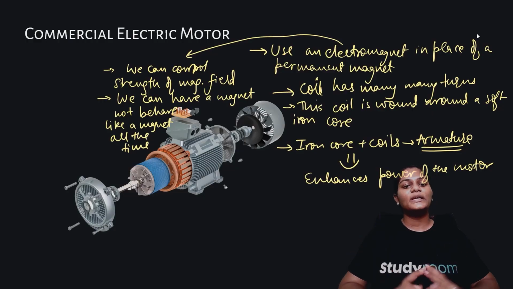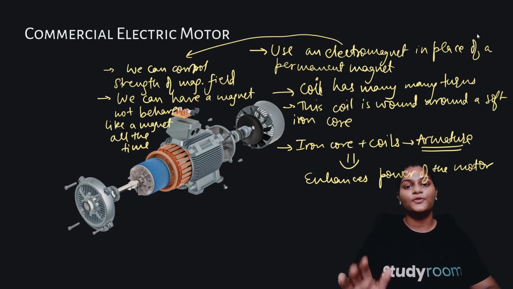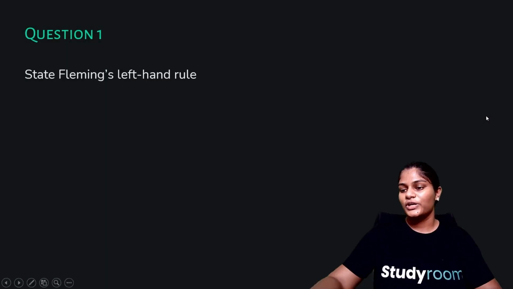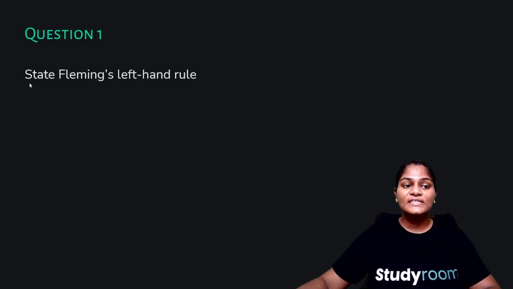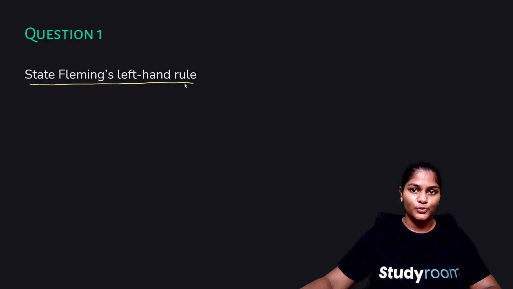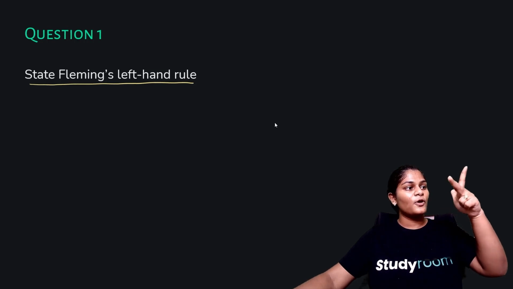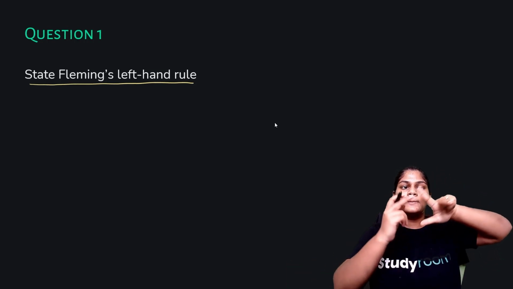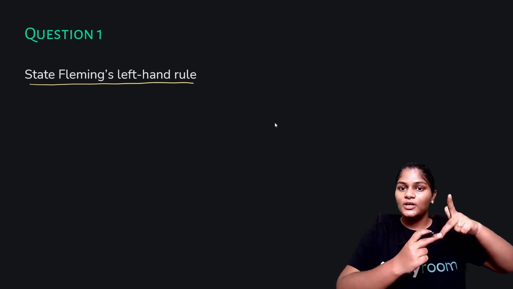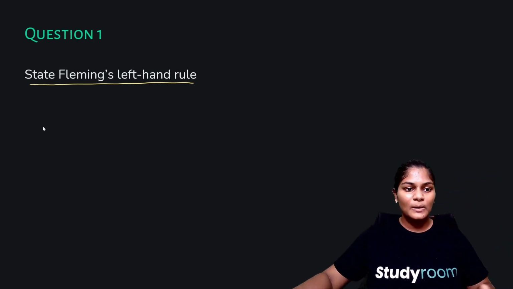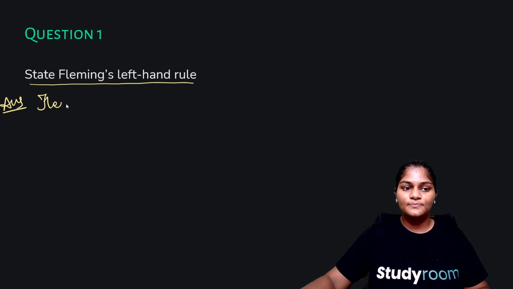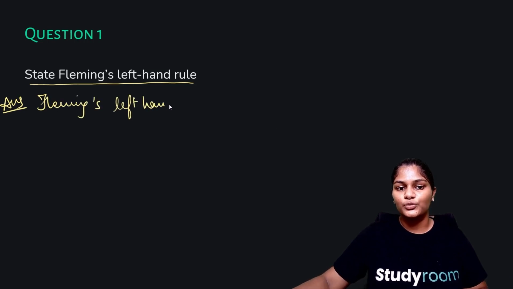Now that we're clear with this, let's move on and do a few questions. The first question says, state Fleming's left hand rule. We know that first of all, we have to stretch our thumb, index and middle finger in a way that they are mutually perpendicular. Let's write that first. Fleming's left hand rule